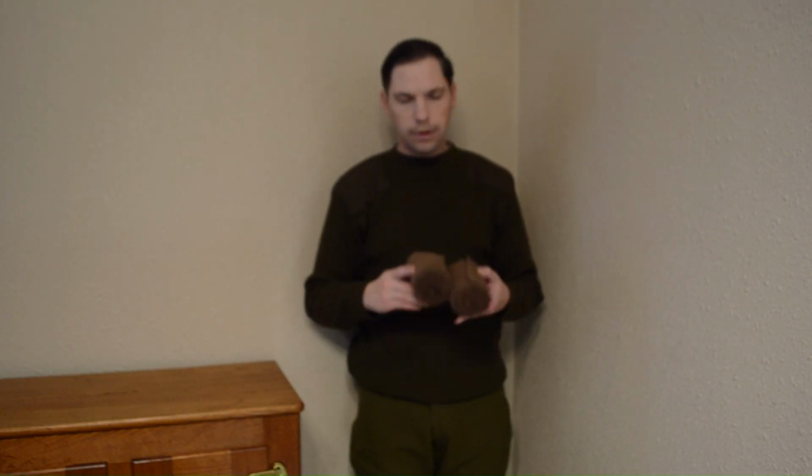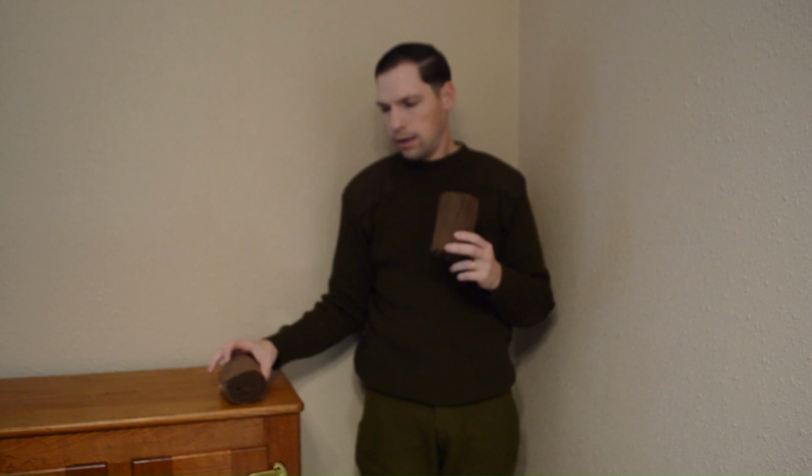Okay, so a lot of people have asked in the past, why do I wrap them or store them like this instead of the opposite way, with a tape around and tied up nice and neat? Well, that's a really good method if you were issuing them out brand new to people. That's a good way to keep them from unraveling, right? But the problem is, when you're getting ready for an event, or if you take them off at night because you don't want to wear them while you sleep,